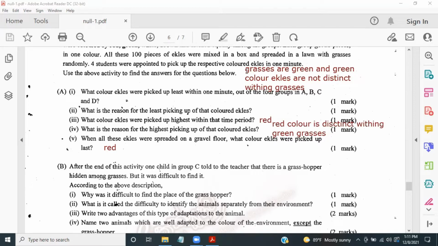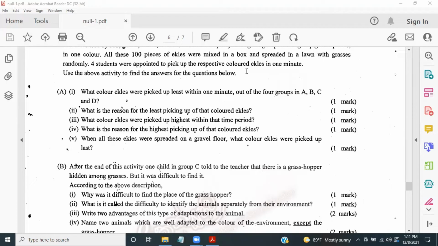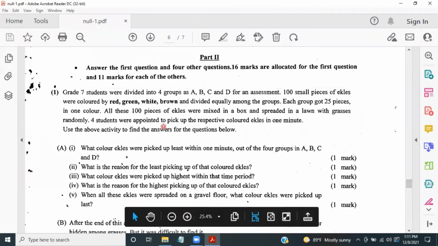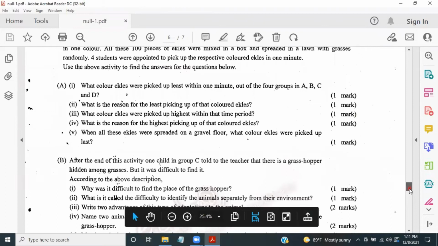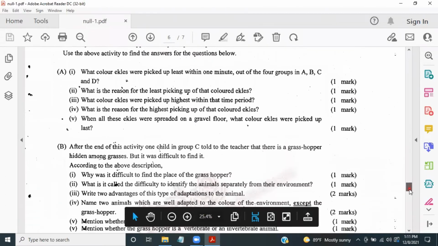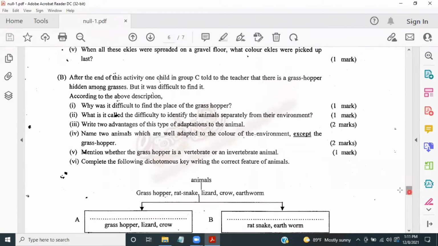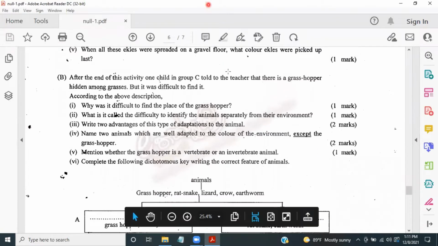Finally pick up. We will see what are the colors here. Red, green, white and brown. The finally pick up color is brown color. We will think it as brown color. This is somewhat incomplete question. We will state the answer as brown. Any color can be taken as the correct answer because there are different colors of gravel there.